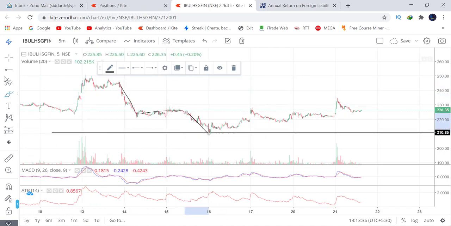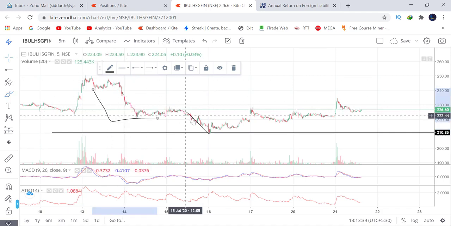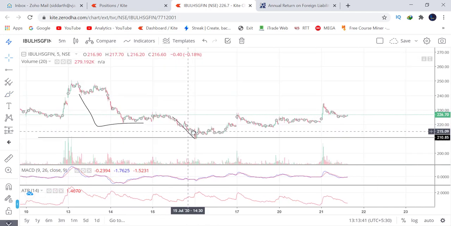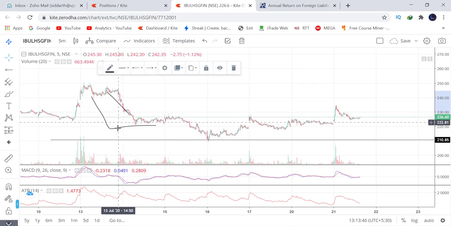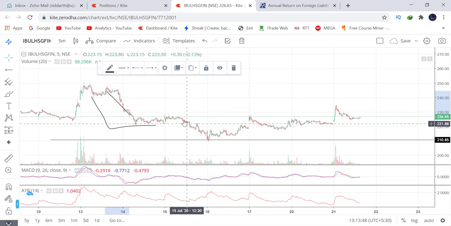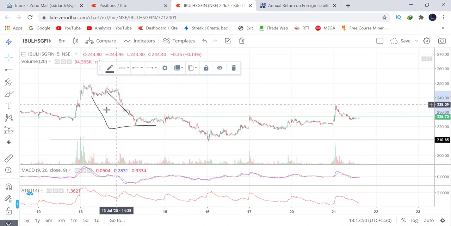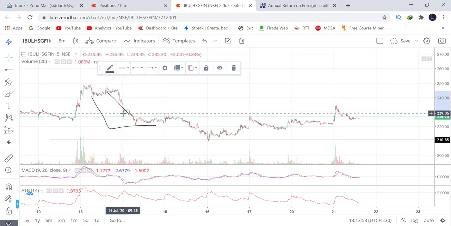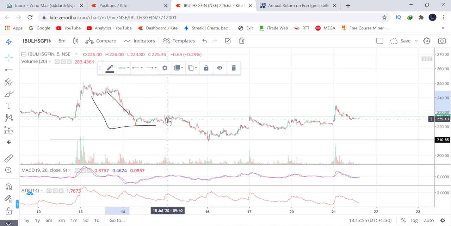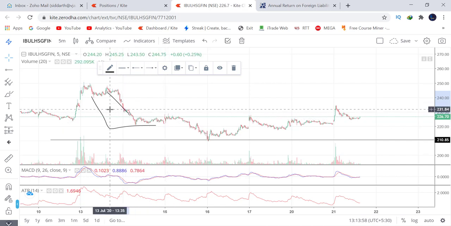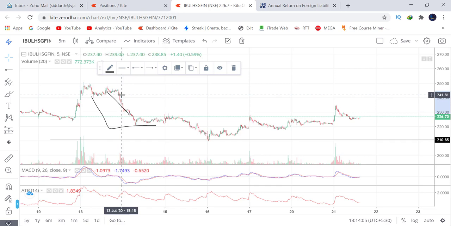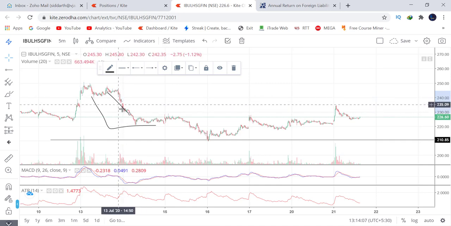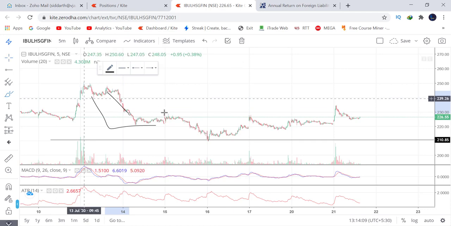Look at this seller now, and I want you to compare it with the previous move down. Can you begin to see that the seller here took quite longer than the seller here, and did not travel as much distance too? If you are thinking from the seller's point of view, the sellers are losing money. The sellers are not selling that much as they did before, which means the sellers are coming to an end.